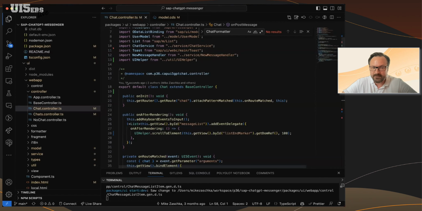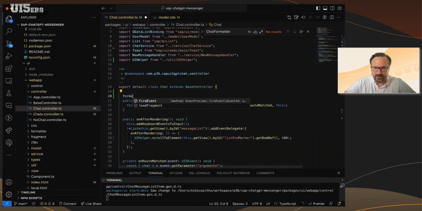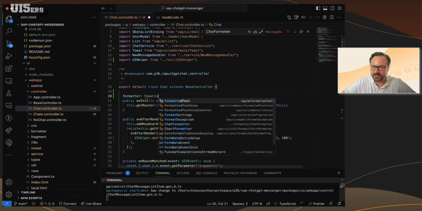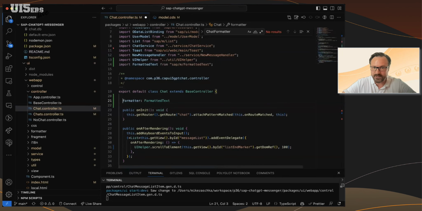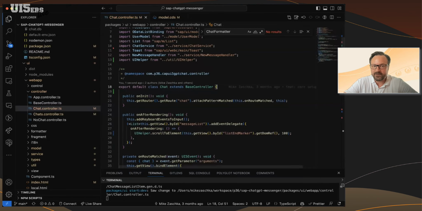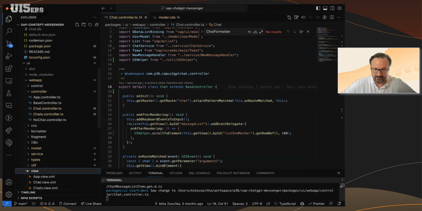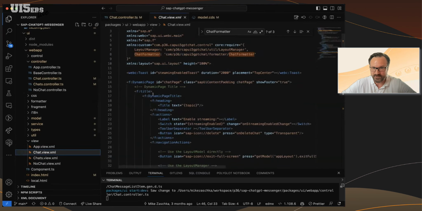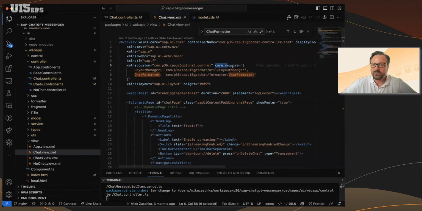Okay, and I just wanted to show some small little tidbits that can help you to actually extract some code out into different classes. So one thing you will notice is that you don't see this typical formatter stuff that you see in most controllers, where you import the static formatter file to have it available in your views. And there's a not so well known functionality in the views that enables you to require files directly inside of your views.